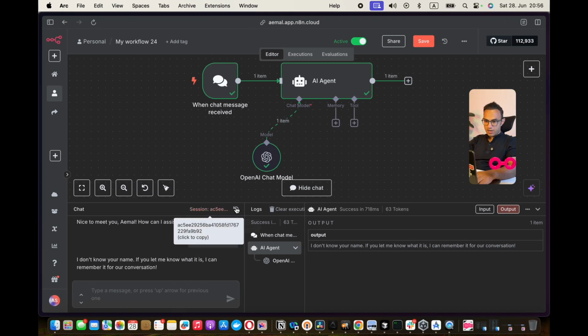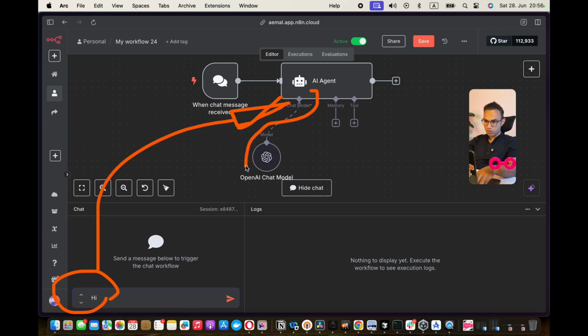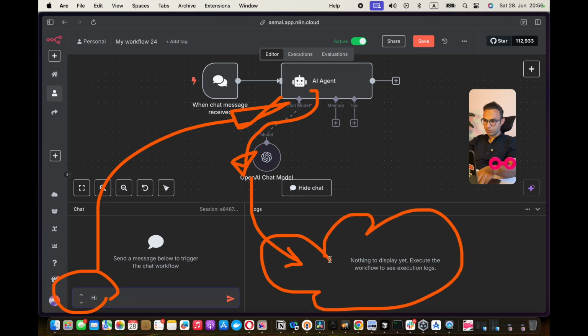So when I say here something like hi, this hi literally goes from here to this node. From here, it goes to this ChatGPT model. Basically, from here it goes to this ChatGPT cloud. I'm bad at drawing, and I'm drawing with the finger. Imagine that's the ChatGPT cloud. And then the ChatGPT cloud comes back here. So basically, this is the request part. And this is the